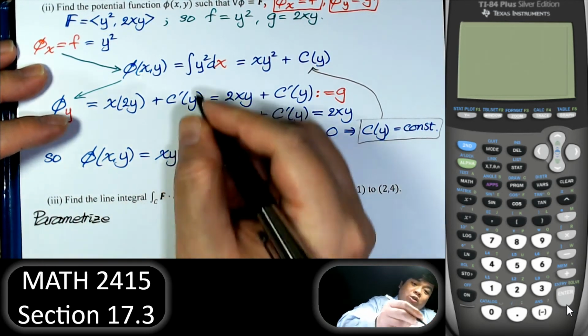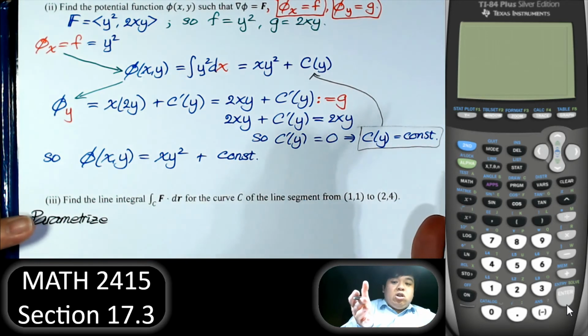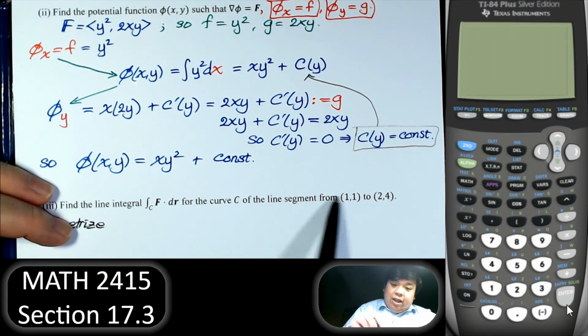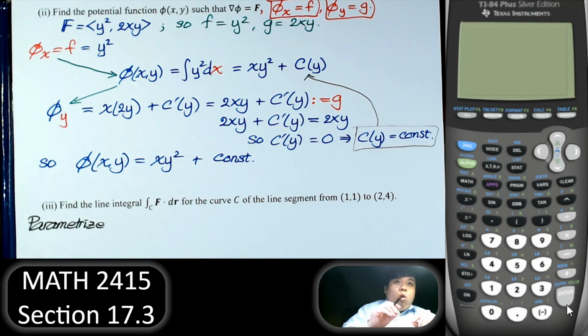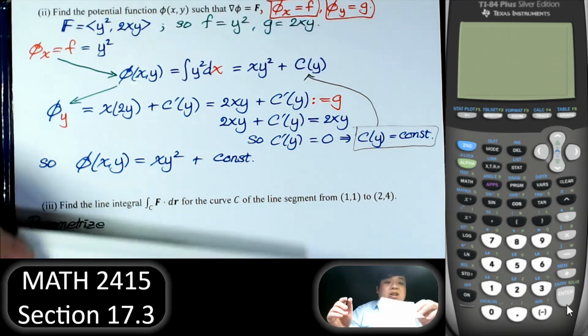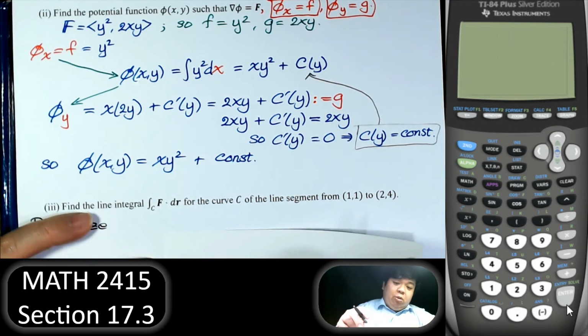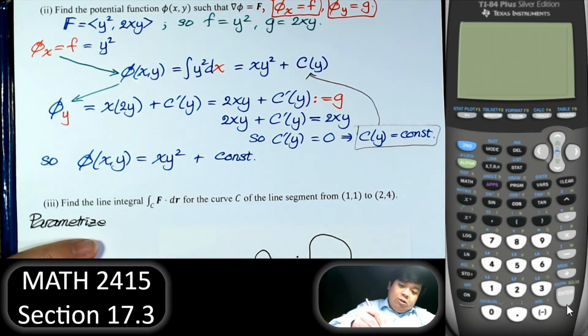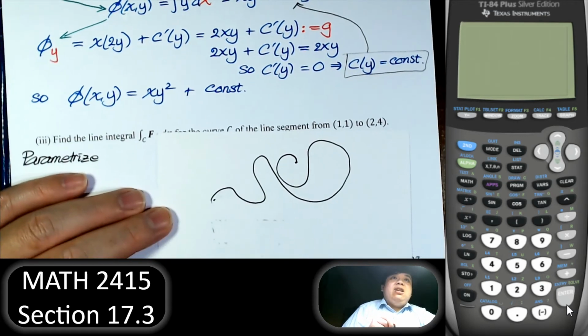Because there is a potential function. If there is no potential function, we cannot just do it for the line segment; we have to go with the specific path. So on the test, probably you don't have that question, but if I said from this point to that point and you go on that path,